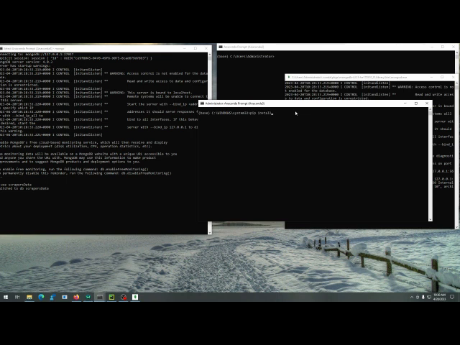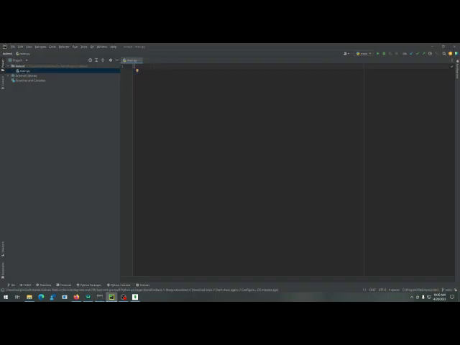I already installed it, so if you haven't installed it, you should install it already. Now let's go to our program right here. Okay, so go ahead and use import PyMongo,